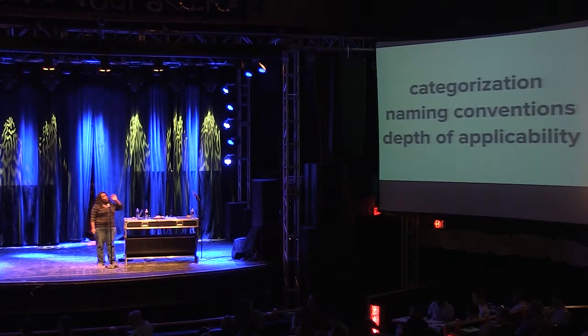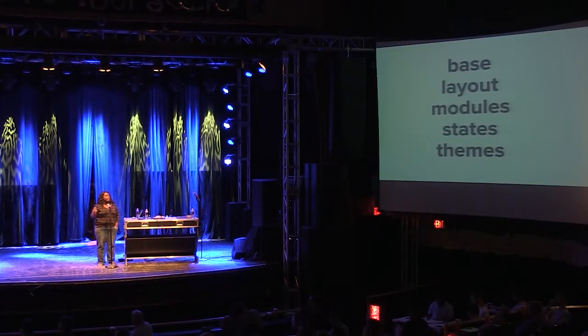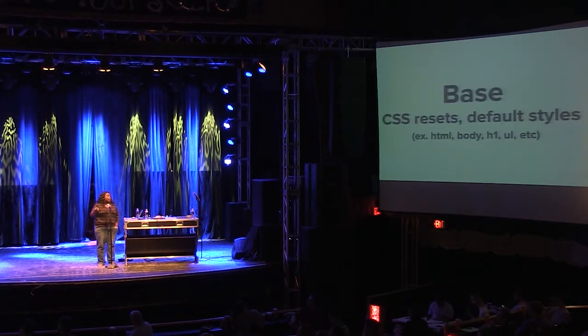It is a way of categorizing your styles, naming conventions of those categorized styles, and then something that Jonathan Snook calls depth of applicability. Now, the categorization of SMACSS styles goes as follows. There are 5 separate categories: the base styles, layout styles, modules, states, and themes. Base styles are the bare minimum. They're the element tags themselves, the HTML body tags, the H1 tags, CSS resets, but anything that is consistent all